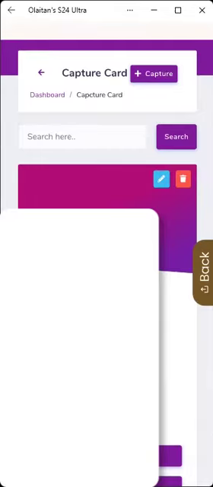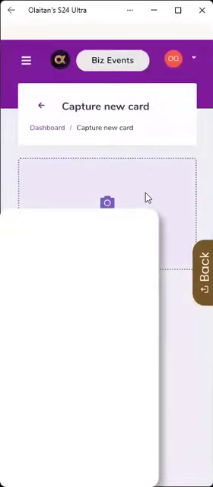You will see it here. Then if you want to take another one, you will just click on plus capture here, and it will open this. Okay, so I'm just going to do a demonstration on how to capture. So you just want to click on capture card